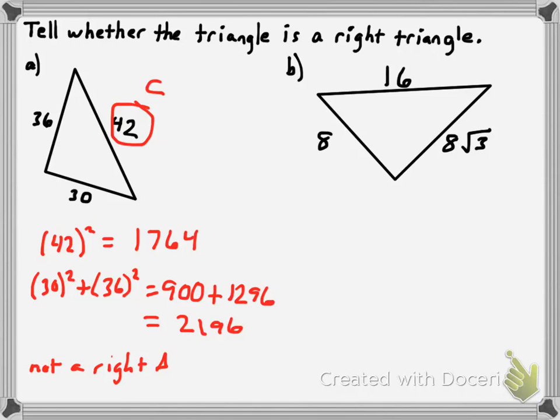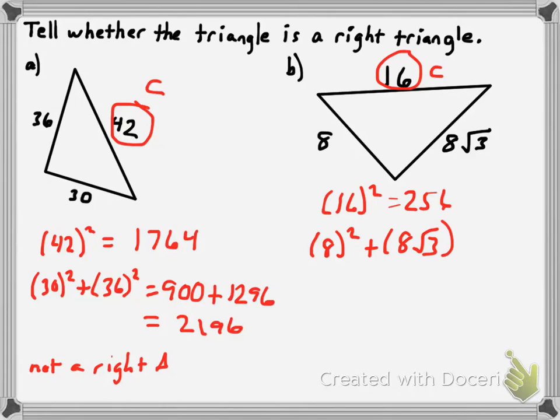Well, the square root of 4 would be 2. And then if that was 8 square root of 4, then this would be 16. 8 square root of 3 then has to be less than 16, doesn't it? All right, so the c is going to be kind of what it looks like it would be right there. 16 squared then, we'll want to know that. That's 256. And then we want to do 8 squared plus 8 square root of 3 squared, and see what